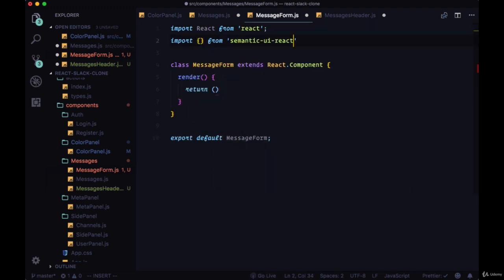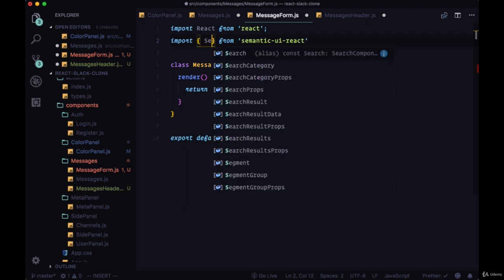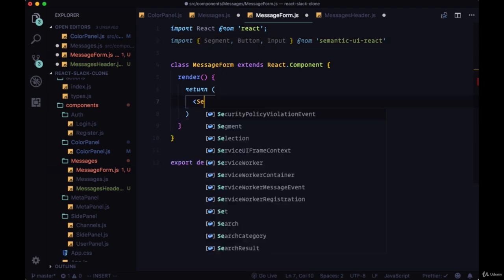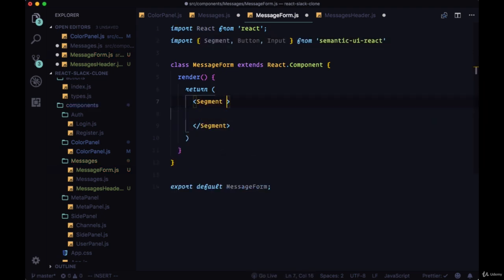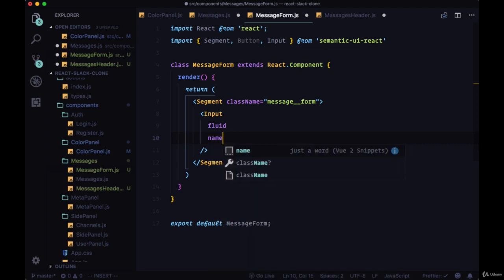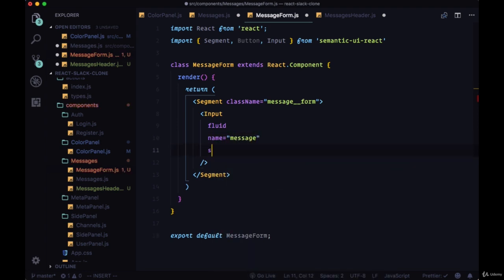At the top we'll import from Semantic UI segment, button, and input. So we'll begin with the segment again. Give it a class name of message underscore underscore form. Within the segment, I have an input, which is where we'll be adding new messages to a given channel. The prop of fluid, the name of message, style prop with margin bottom set to 0.7 ems,